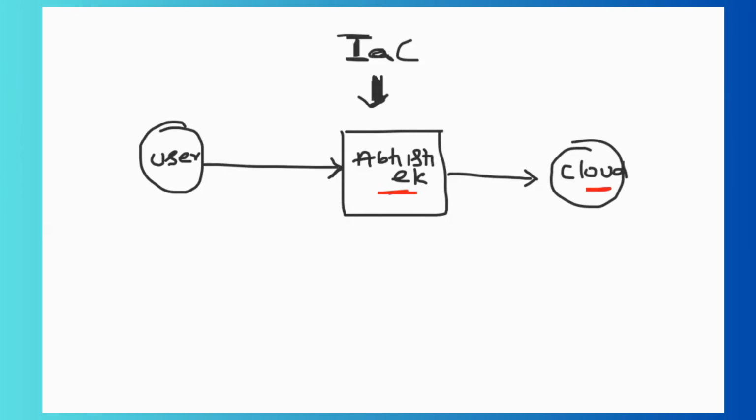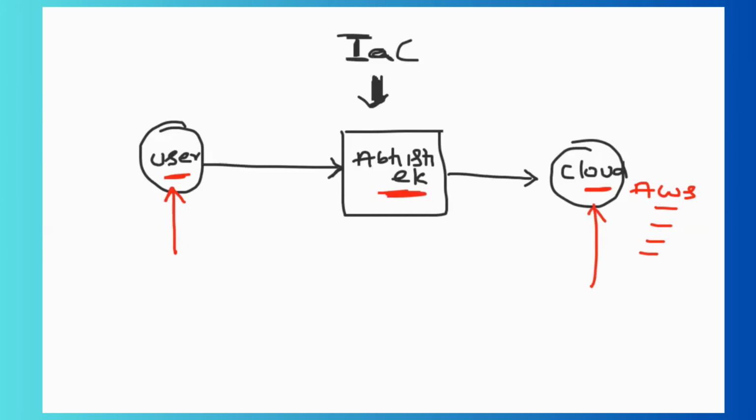For example, CloudFormation templates support only one cloud provider, that is AWS. Azure Resource Manager supports only one cloud provider, that is Azure. Whereas a tool like Terraform is also an IaC tool, but it supports multiple cloud providers. So it is up to the implementer whether they want to support one or multiple cloud providers. But in general, IaC tools should act as a middleman between the user and the cloud provider